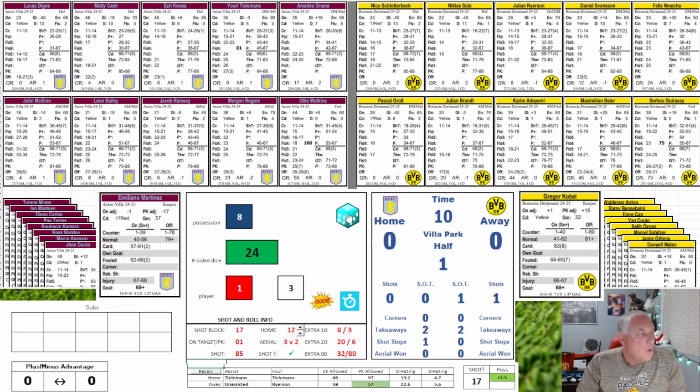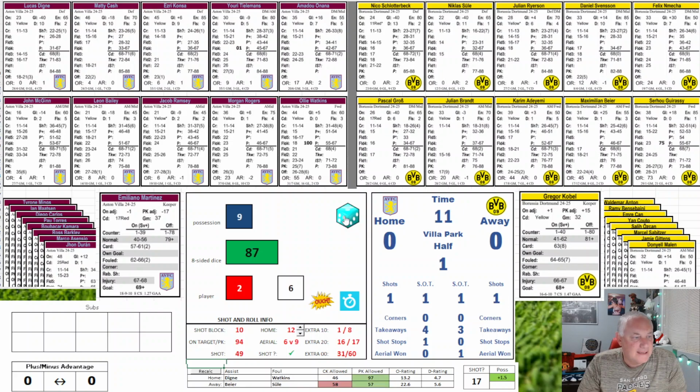255P. 124, shot by Digne against a 6, on target, but saved. Good shot. It's an 85 on the roll, but he's a minus 40. That's saved. That makes it a 45. It's an aerial battle, 3 versus 2, going to be won by Dortmund. 177, taken away by Digne. 953, P. 573, taken away by Mecha. 676, taken away by McGinn.